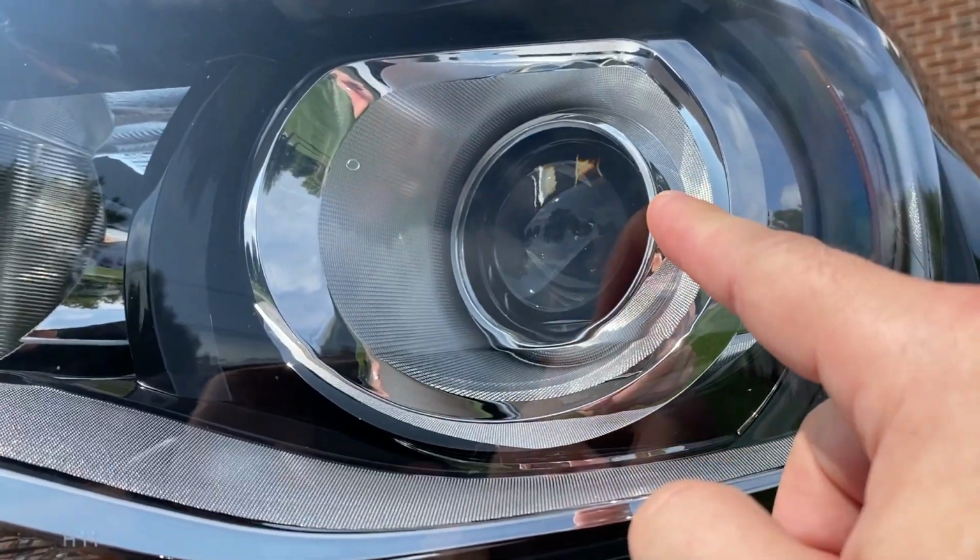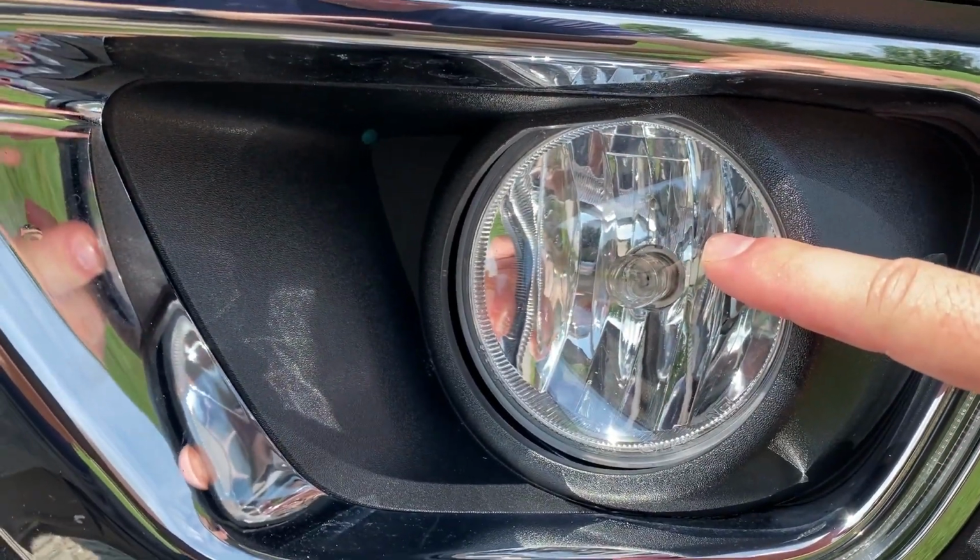Today, I'm going to upgrade the forward lighting on my truck in a huge way. I'm talking about an upgrade to my headlights and an even bigger upgrade to the fog lights. And I'm going to do it all using